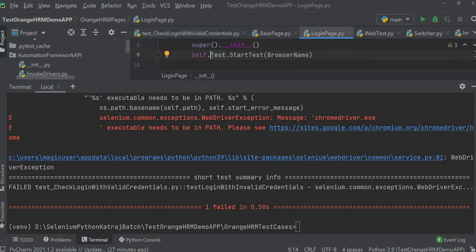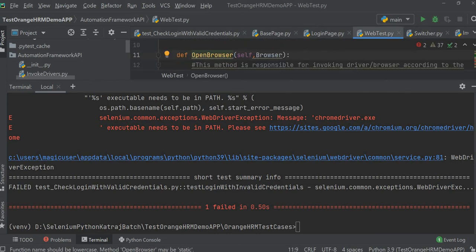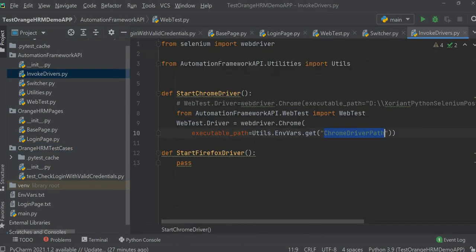Let me put a breakpoint. I'll not put it here, I'll put it in move drivers. Here I'll put it. Paste. And now let's debug.